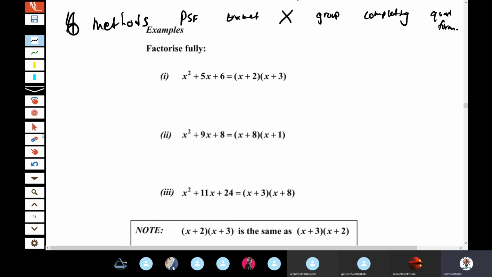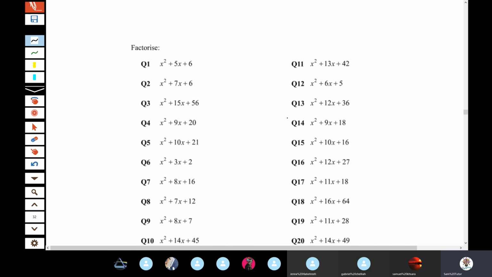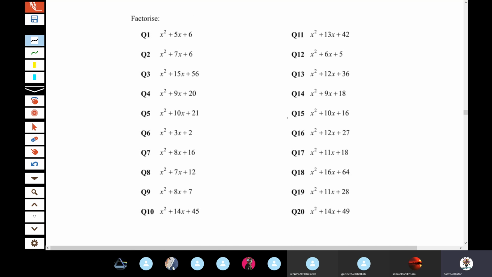There's the quadratic formula, a formula you'll eventually learn. All right. The one we're going to use is the cross method. It is the only one that works the best eventually. It might sound a little bit weird at the beginning, but it makes a lot of sense once you get used to it. The cross might not be used straight away, but eventually for our harder questions, we will use that, and I'll show that. All right, I think we're just going to get started with this, because that's the only way. I don't want to show you guys the answers. So let's start with